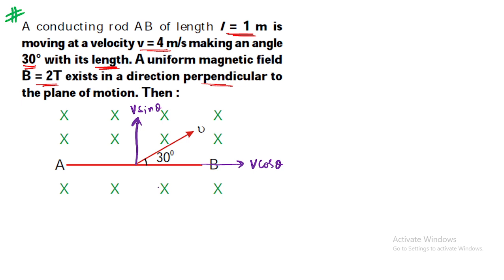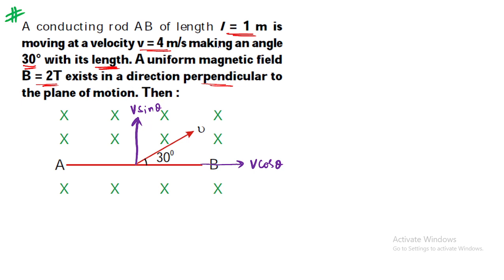Now see, conductor is going up, magnetic field is inside, so current, which direction will it move? Left side. Okay, first thing. Second, magnetic field is inside. Conductor is moving left side, current will be in which direction here? Up direction. Are you getting my point here? Is it clear? So both ways it will generate a direction perpendicular to the plane.